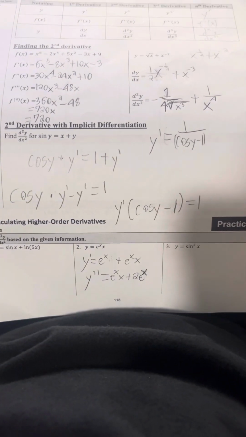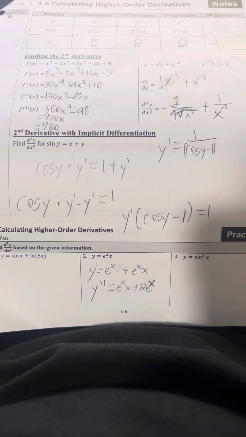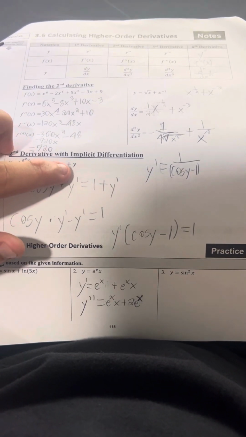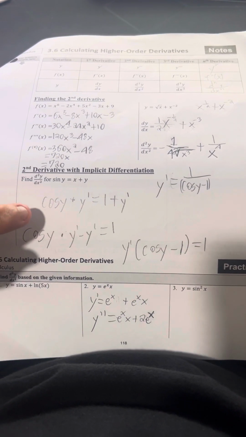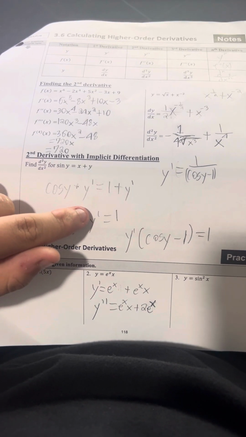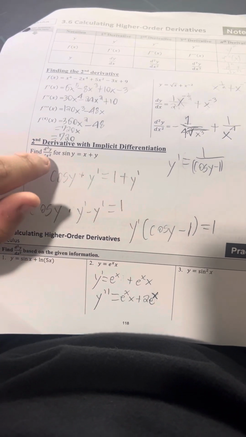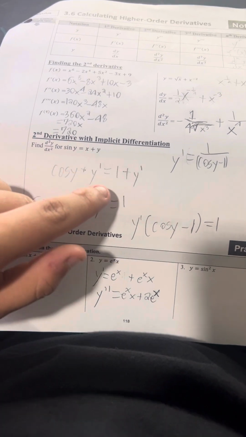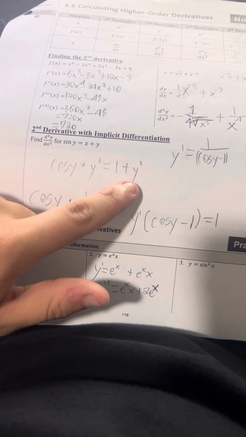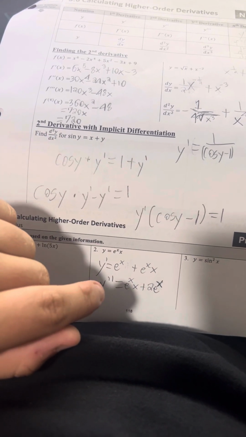So now we're using the second derivative with implicit differentiation. We're trying to find the derivative of sine y equals x plus y. So we have cosine of y times y prime, just finding the derivative, equals 1 plus y prime. So you're going to subtract the y prime over,